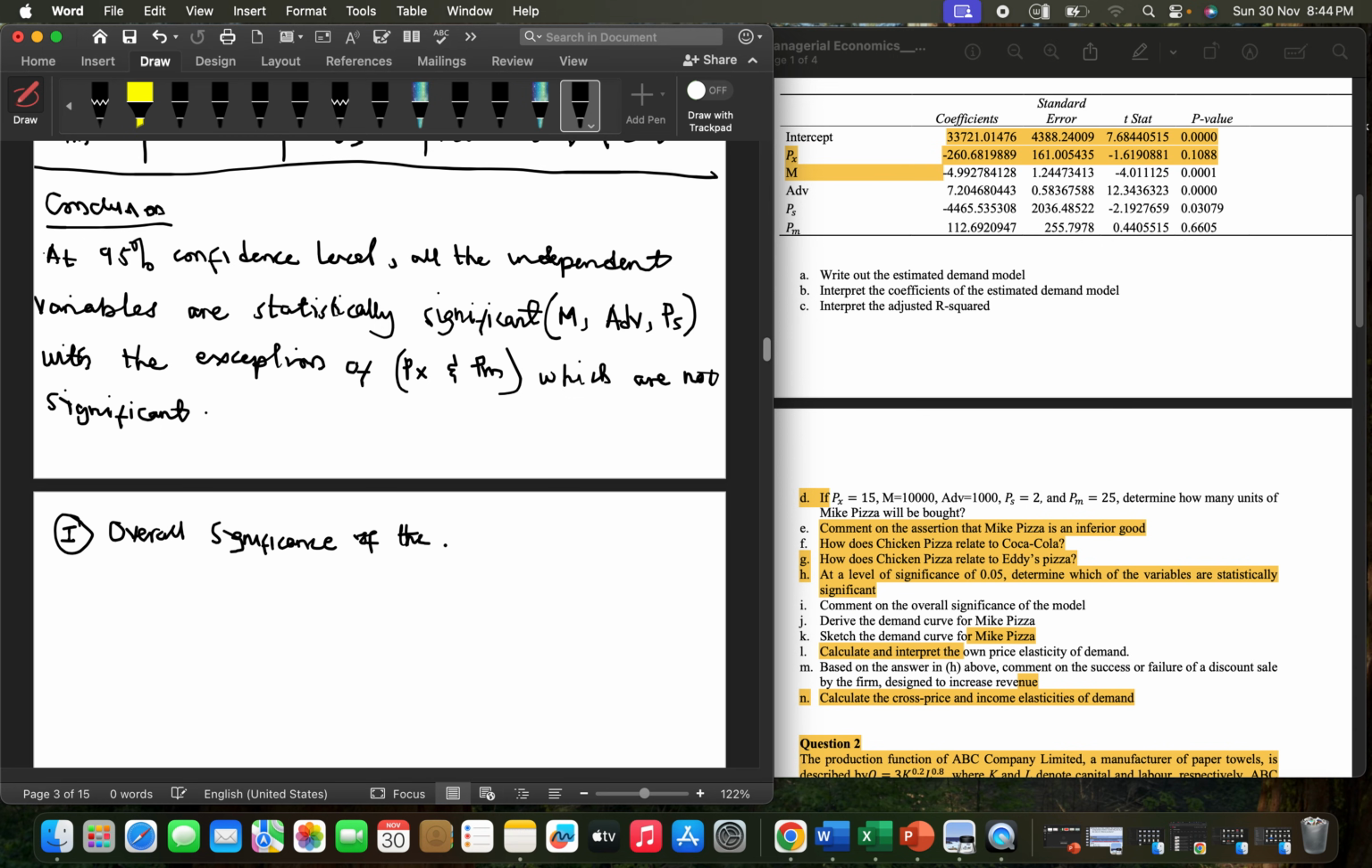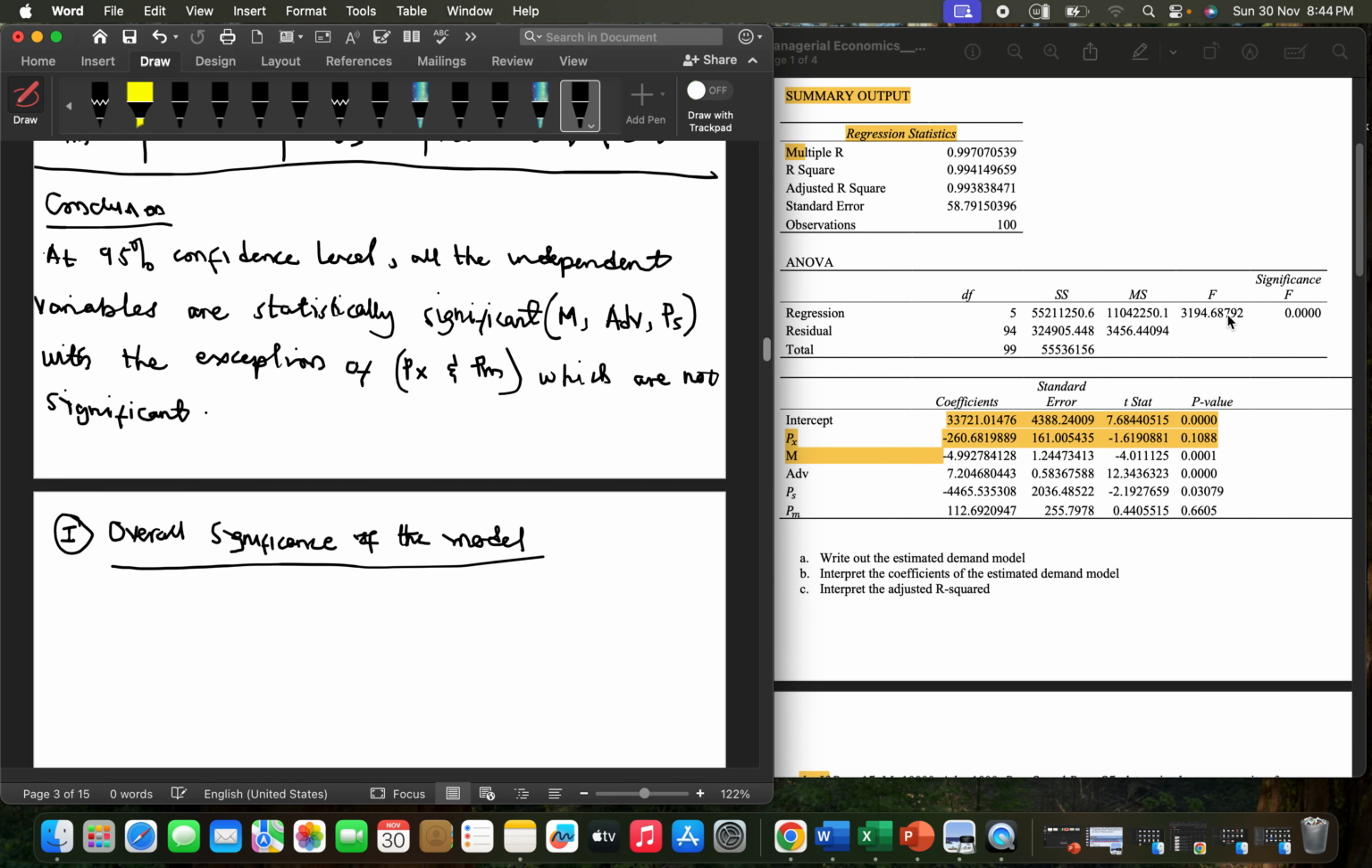Overall significance of the model. With the overall significance of the model, we'll come to the question. We use these two things here from the ANOVA table. So the F value, the F value is